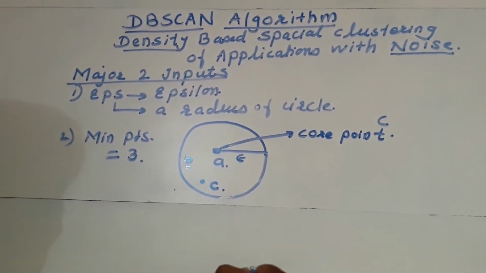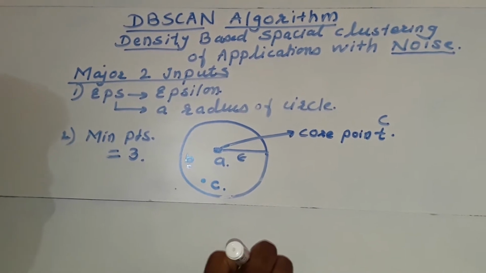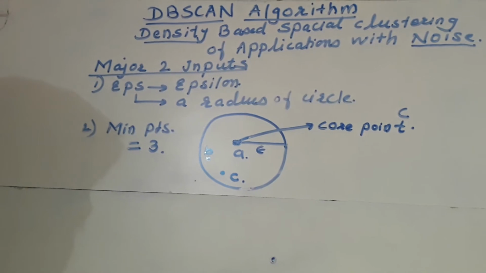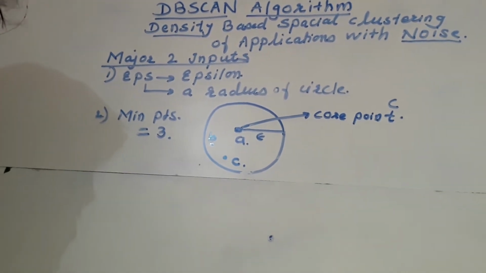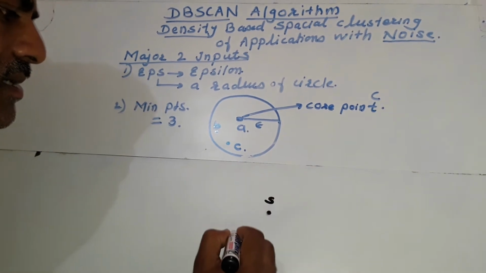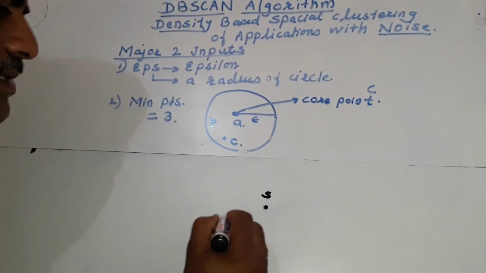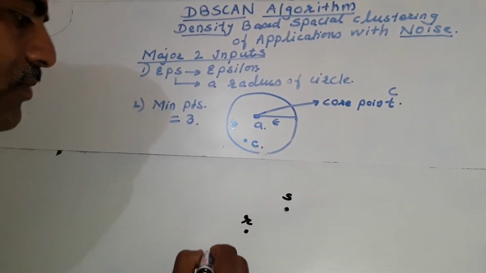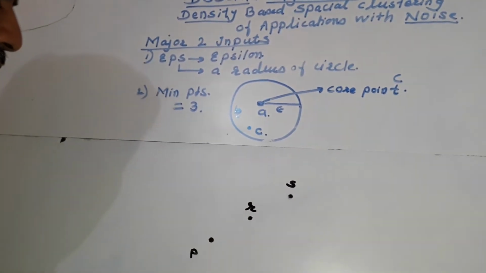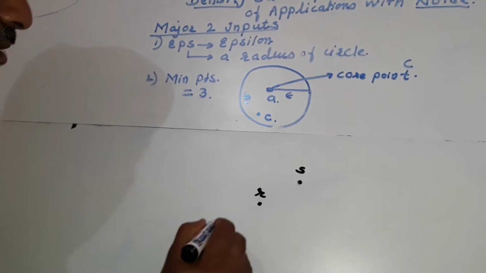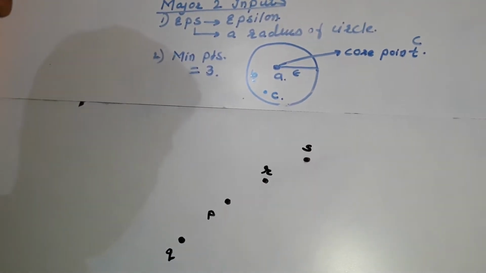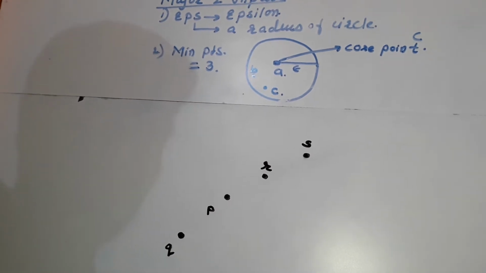To understand this, we will take one example. Let us say we have 4 data points. One is, let's say, S. The second data point we have is R. The third data point is P, and the fourth data point is Q. How many data points do we have? 1, 2, 3 and 4. Now if we start with data point R,